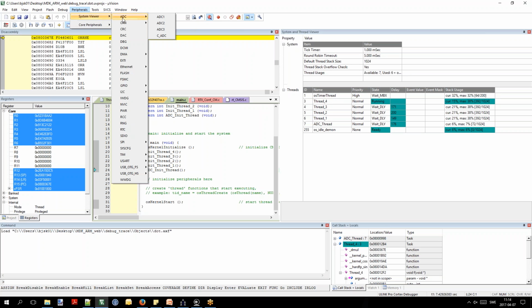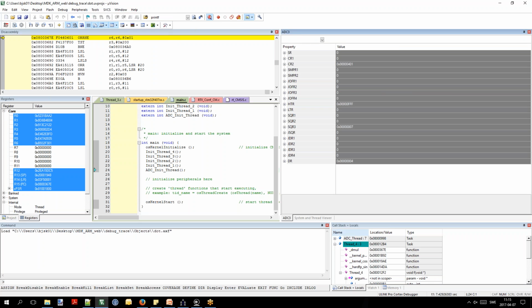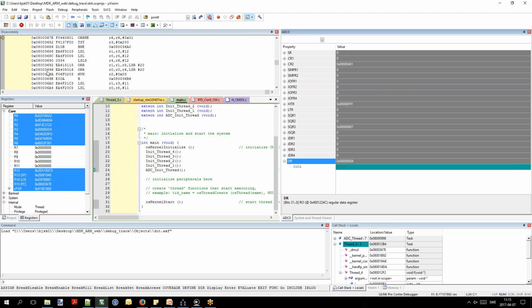So if you have your own custom peripheral, which you have developed, then you can of course write the menu in the same manner, so you can see and control it as I'm doing today. So I'm using the ADC3, and I have the data register. If I run my MCU and I turn the potentiometer, you see that the value will be updated in real time, and the debugger can read this. So this is also quite handy to get a live update,